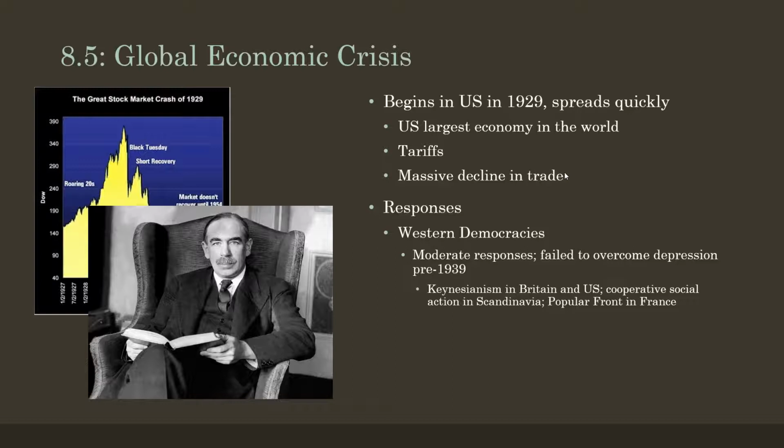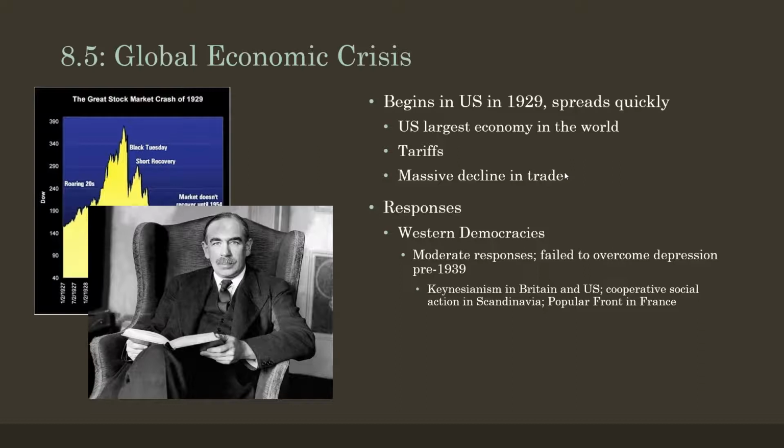Keynesian economics are going to be attempted in Britain and the United States. This is John Maynard Keynes up on the slide. He's a British economist. What Keynes argues is that when you have a time of economic recession or depression, private industry is reluctant to hire workers and is laying off workers. When this happens, the government needs to step in and become the employer. Keynes argues that the most acute problem in an economic downturn is unemployment, and if unemployment can be solved, the other issues will follow suit. And so Keynes says the government needs to do anything it can, including running up debts, to put people back